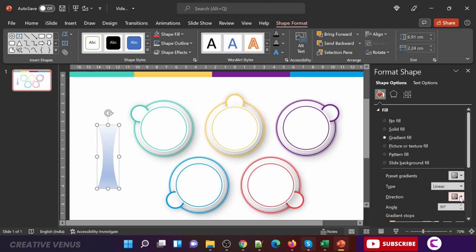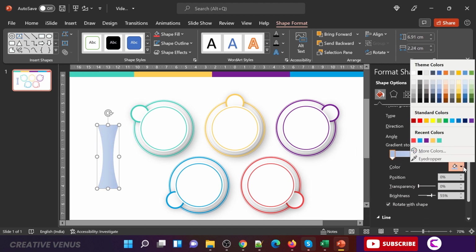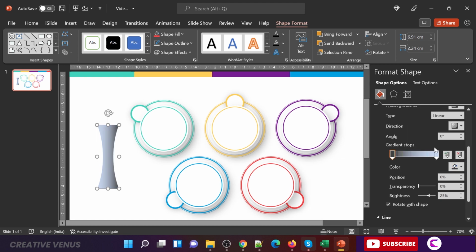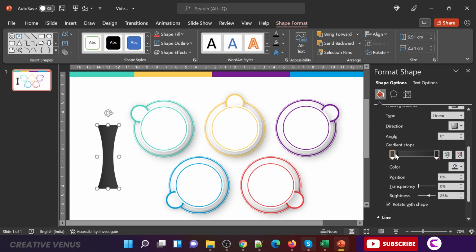Let's first fill the color. So let's start with the gradient fill. It should be linear from left to right. Remove all the gradient stops, and we only need 2 stops here. Fill darker colors on both the gradient stops. I would prefer black and dark gray,